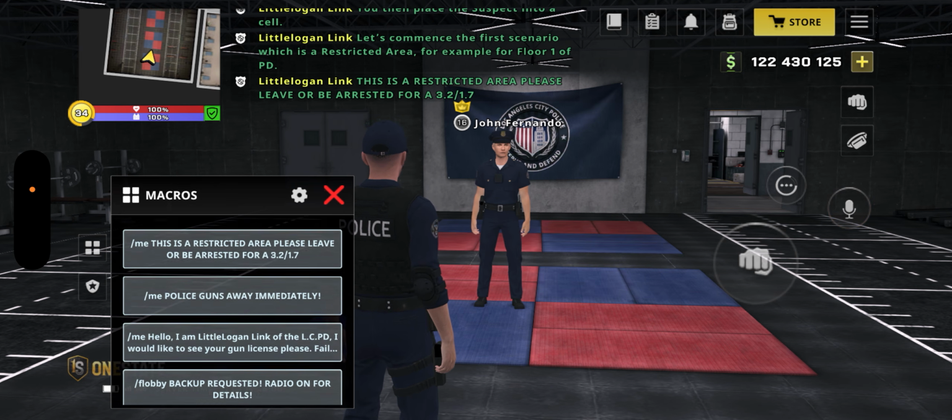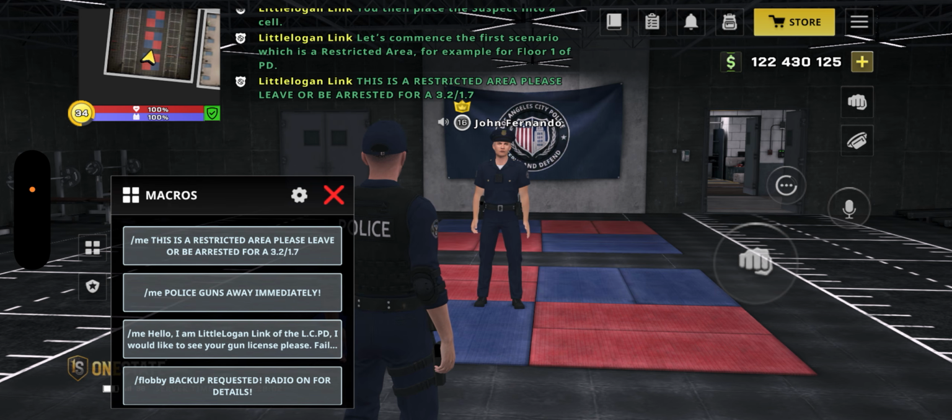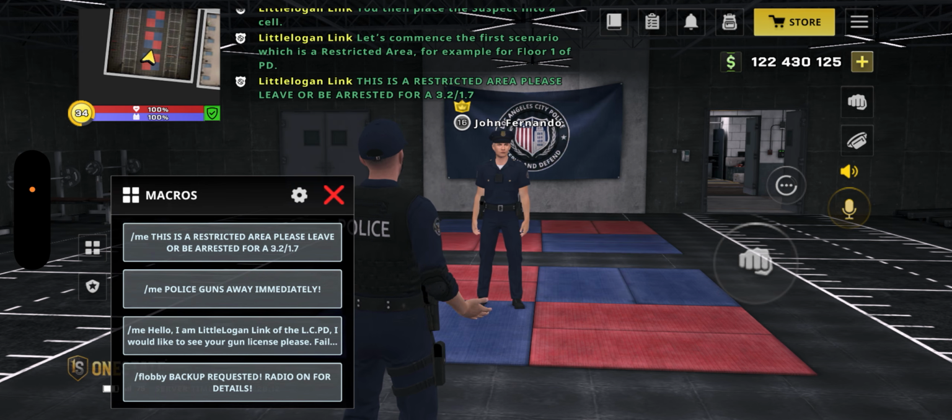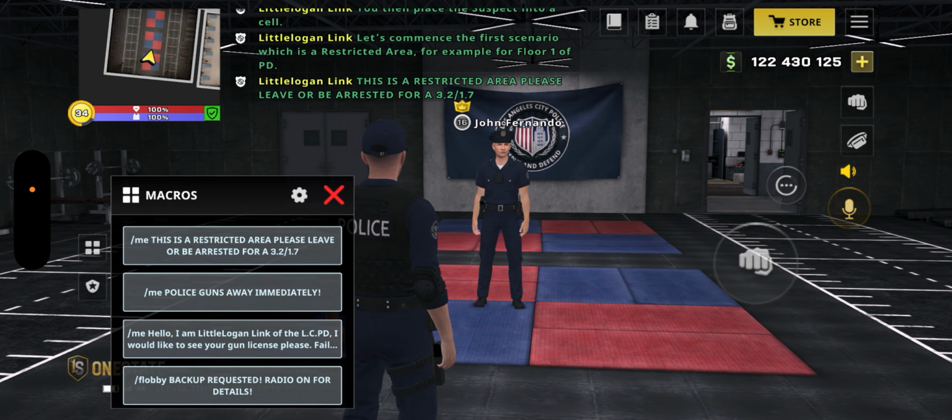So, you'll have that macro. This is a restricted area. Please leave or be arrested through a 3, 2 and 1, 7. What we need to do is give that person 3 warnings to say, I've told you to leave, it's a restricted area. You don't need to put the macro up 3 times. If you put the macro up 3 times too quickly, you will be muted in chat by the game automatically